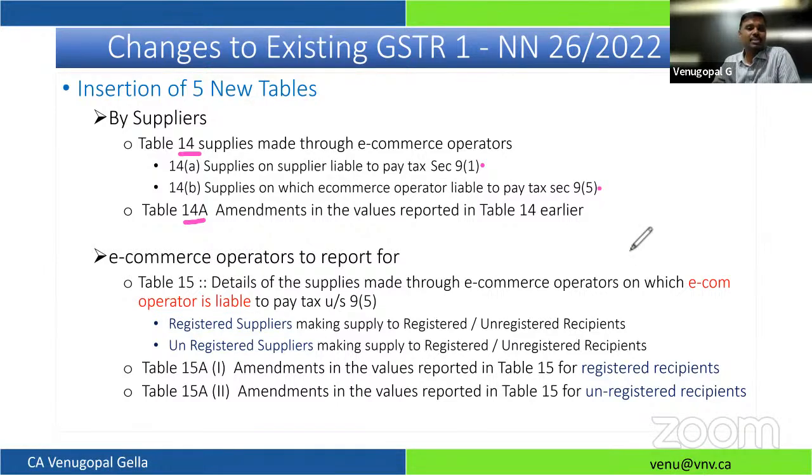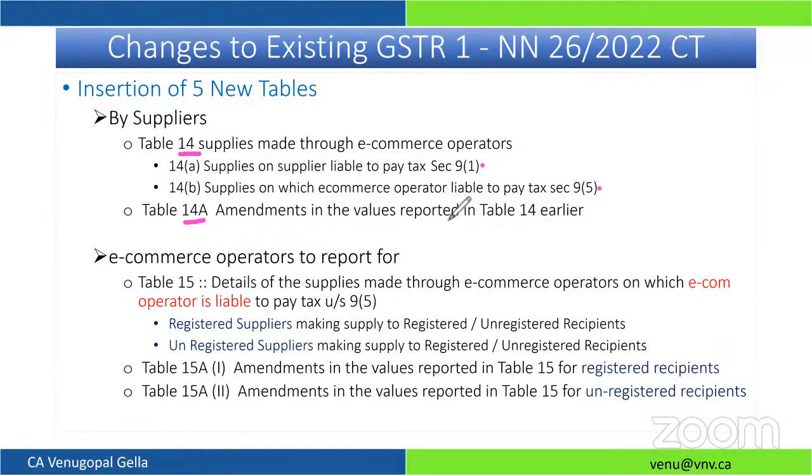So these are section 9(5) related transactions. Hotel accommodations, goods and passenger transportation services, housekeeping, plumbing related services, all these services, the e-commerce operator is responsible for making the payment of taxes. Now, all my e-commerce sales would be fitting into any of these categories. Sales on which I am liable to pay the taxes, sales on which the e-commerce operator is liable to pay the taxes. So in both of these cases,